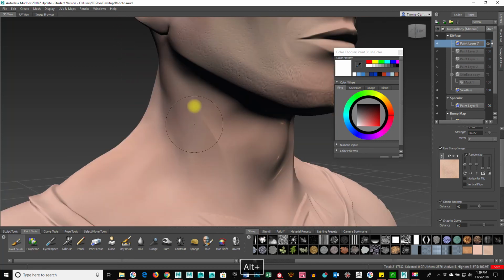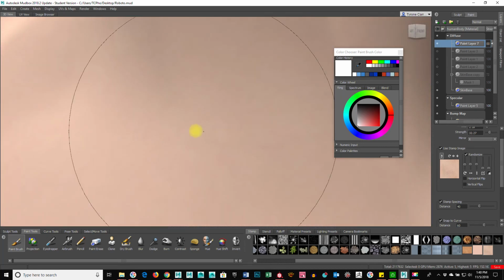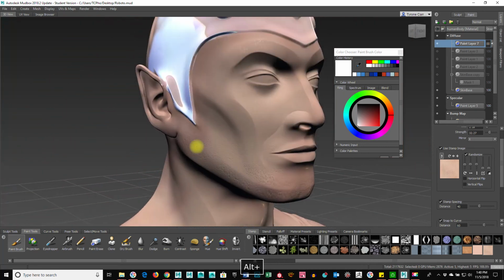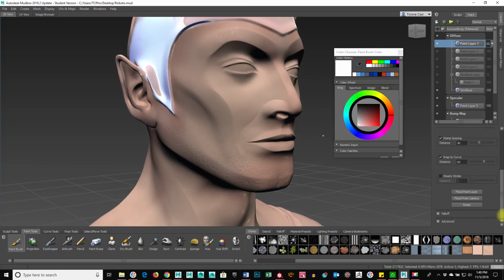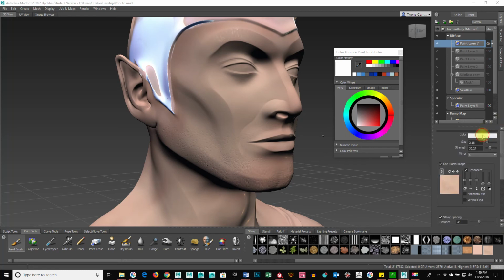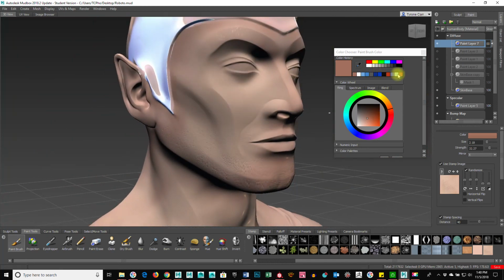Okay, check this out. I'm painting skin onto the character with variations because of that texture. Now, the real cool part about this is that I can also change that skin tone. So I can actually go in and say, oh, you know what, I want it to be a little more